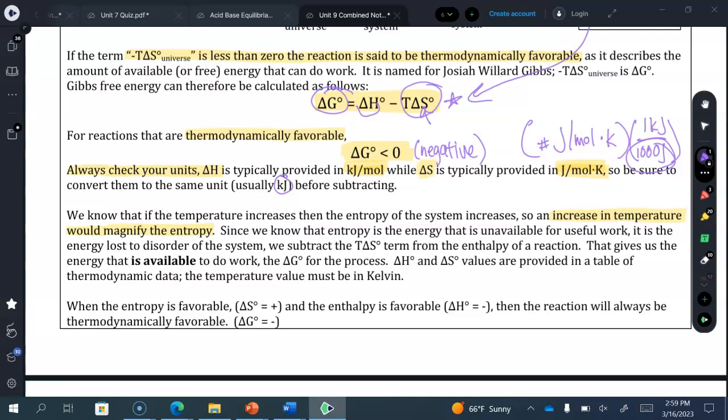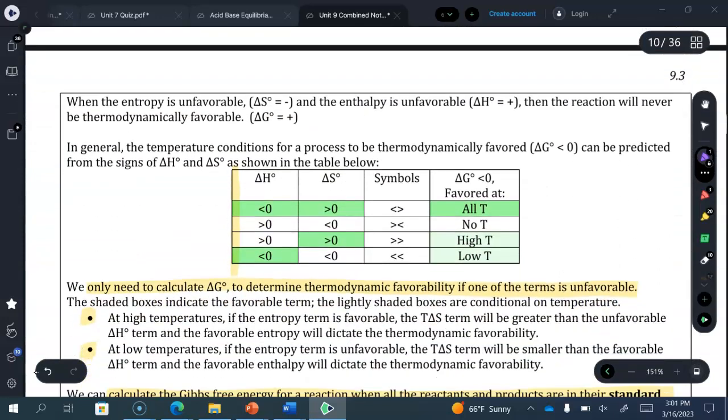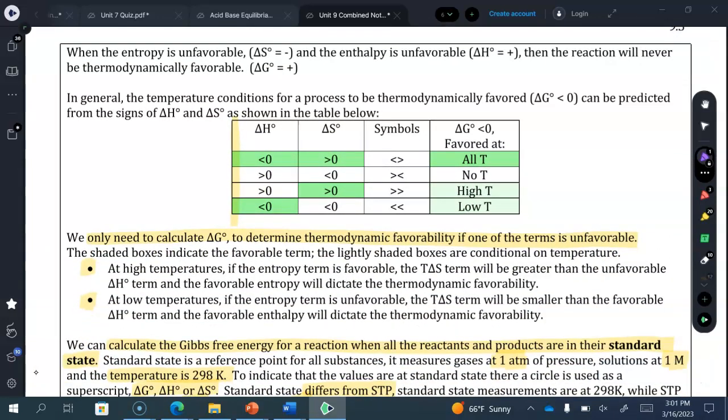So delta H and delta S values are provided in a table of thermodynamic data, so you won't be asked to memorize those. They'll be provided to you either in the problem or they are in the back of your textbook, where you can look them up. Delta G is also back there. So when the entropy is favorable, delta S is positive, and the enthalpy is favorable, where delta H is negative, then the reaction will always be thermodynamically favorable, having delta G as negative. And vice versa, right? When the entropy is unfavorable, delta S is negative, and enthalpy is unfavorable, positive, then the reaction will never be thermodynamically favorable,